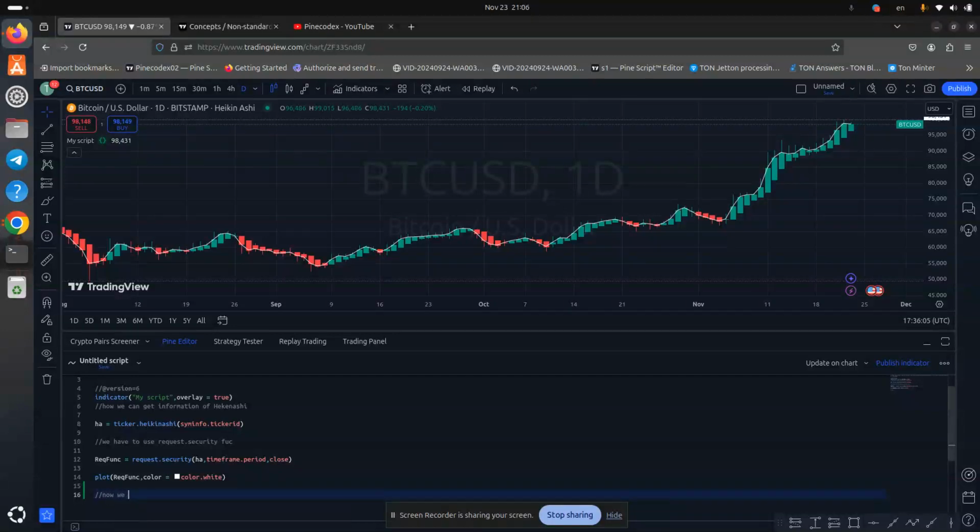Okay, now we want to show Heikenashi on a separate window. So let's do this. We know we can extract several values from a function.